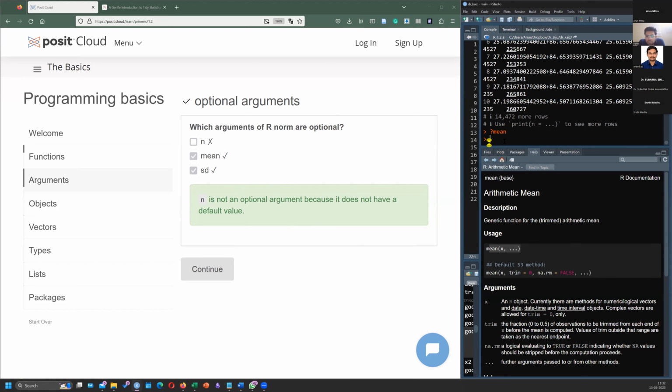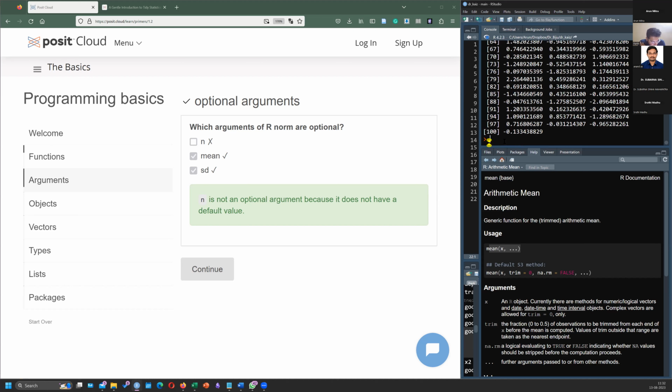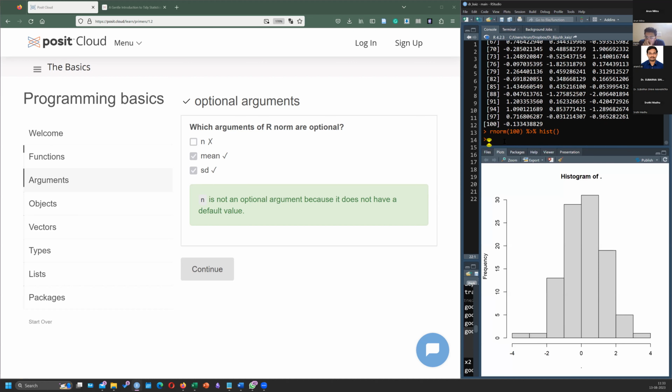So for example, if I take 100, rnorm is a function that is actually giving us the random normal distribution values. If you want 100 values that are normally distributed, these are those values. And if you really don't believe me, I'll draw a histogram and show you that it is normally distributed.